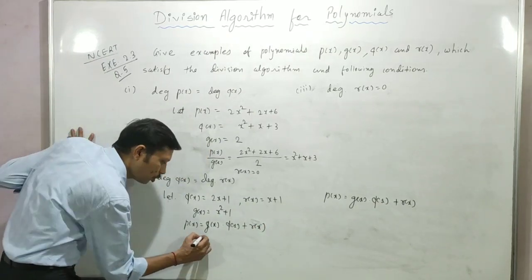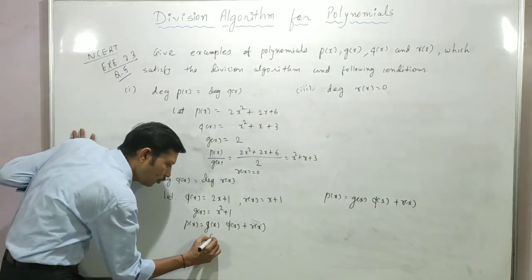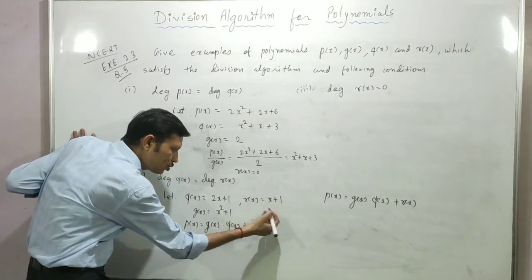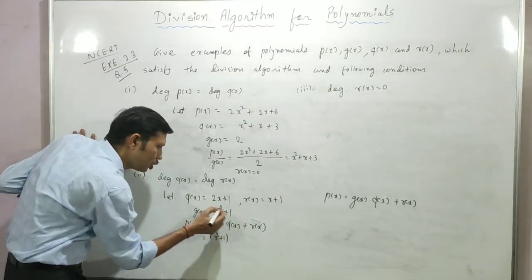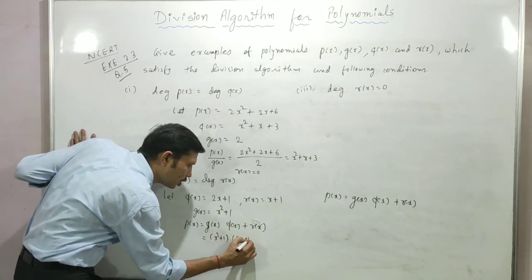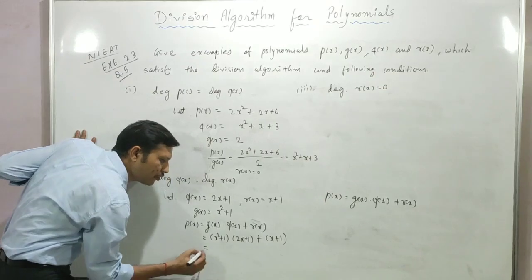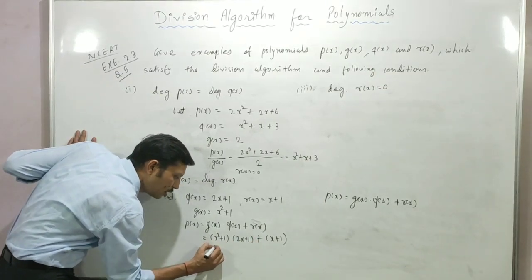क्या होना चाहिए, वो यहां से आपको आइडिया मिल जाएगा। g of x में ले रहा हूं x स्क्वायर प्लस 1, राइट। r of x ऑलरेडी हमने ले लिया है। q of x हमारे पास क्या है, 2x प्लस 1, एंड r of x क्या है, x प्लस 1। ओके, मेक द सिंप्लीफिकेशन, x स्क्वायर मल्टीप्लाई करेंगे इन सबके साथ,